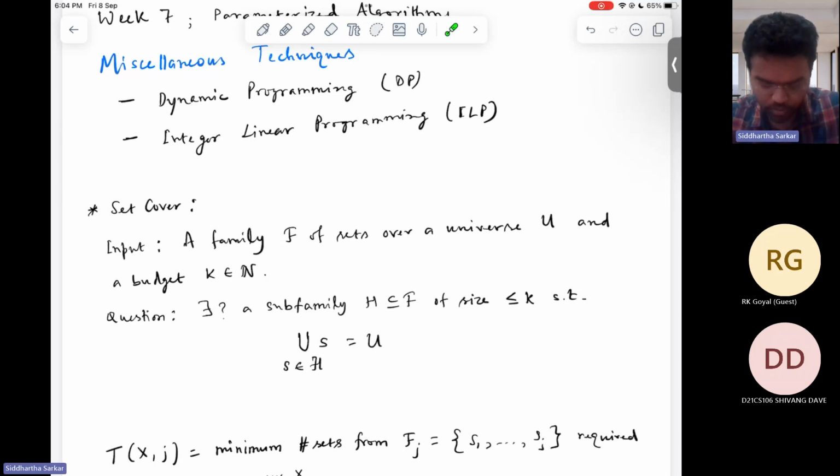Okay, so the first problem in today's session is related to set cover. So let us recapitulate what is a set cover. So in the set cover problem,